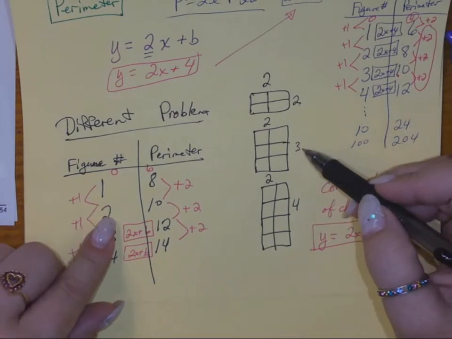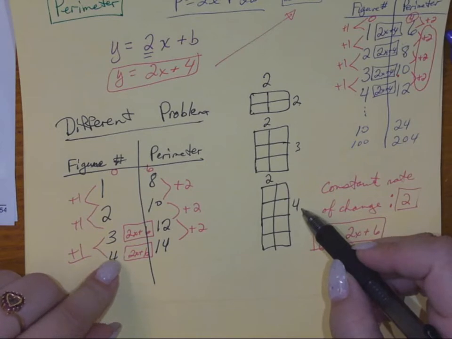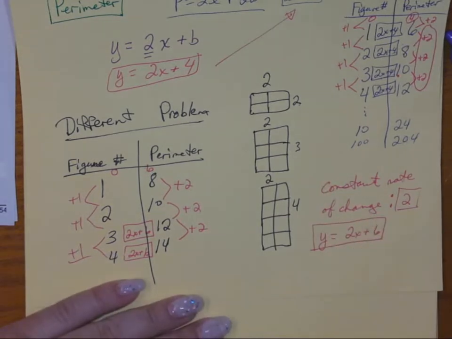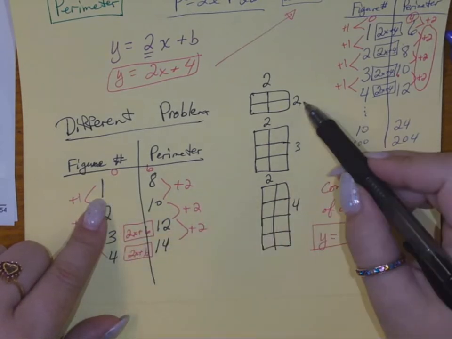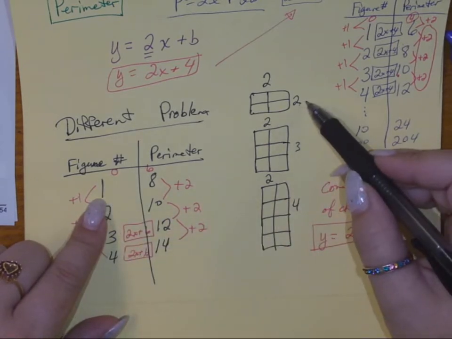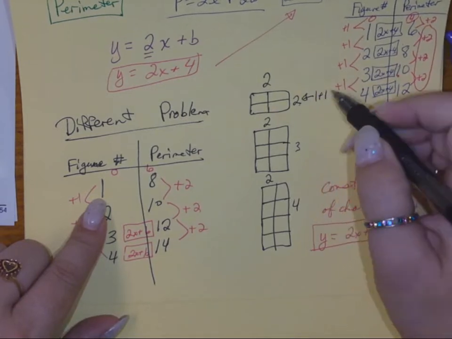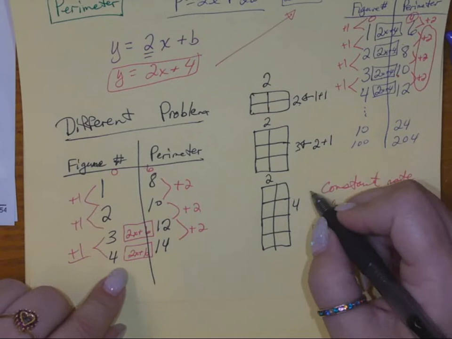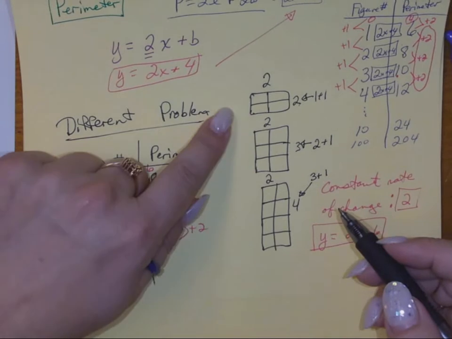And this isn't my second term anymore. Instead, it's a 3. And this isn't my 3 rows deep. Instead, it's a 4, right? So what are they doing to each of these things that's going on? If the figure number was here, it was a 1, they're not just doing 1 anymore, right? They're doing what? Yep, 1 plus 1 gives me the 2, right? Compare it back. This isn't the 2, this is the 2 plus 1, right? This isn't the third guy, this is the third guy plus 1. So if you think this is the picture that goes with the first term,